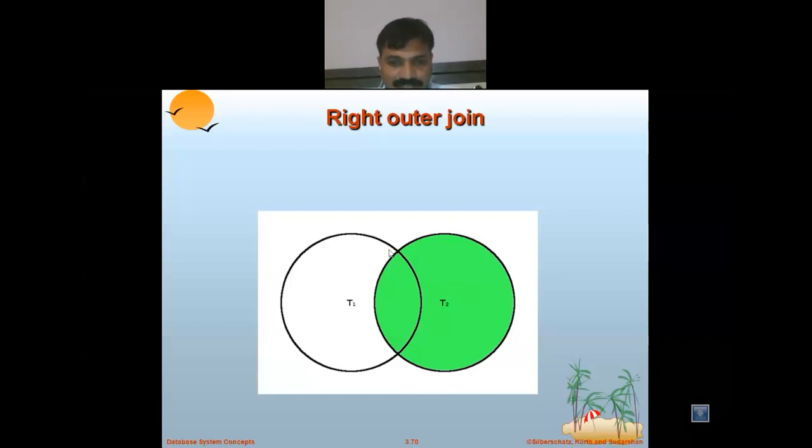This is the part which matches in between. When we use the inner join, the record should be common in both the tables, so that time we have to fetch those records. That case is an inner join. But in this case, all records from T2 are displayed along with the T1 records which are mapped to T2. So that case uses a right outer join.